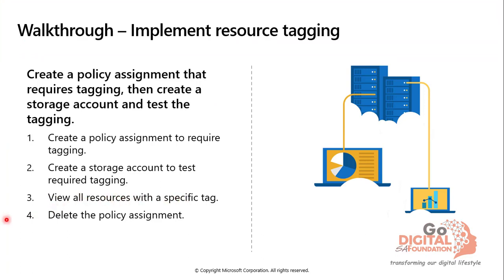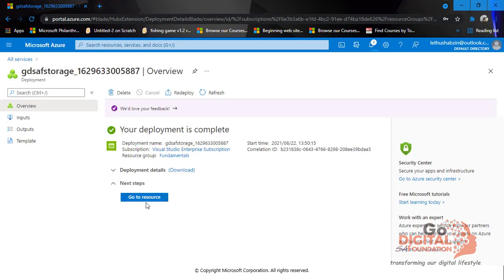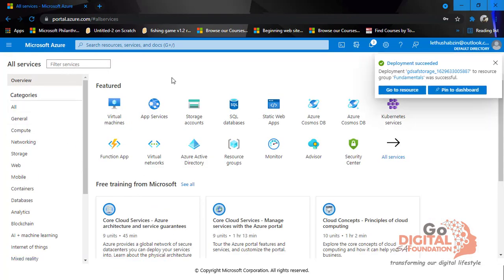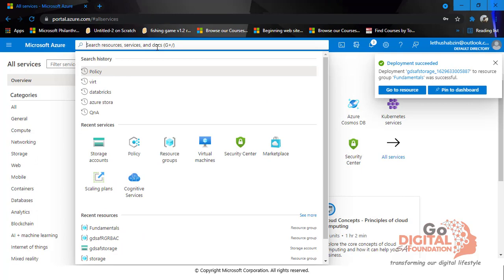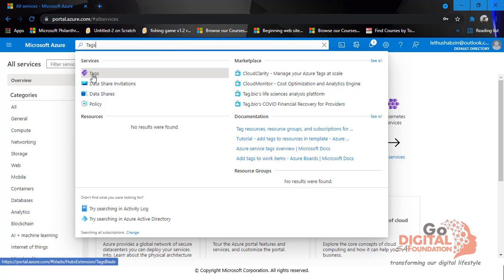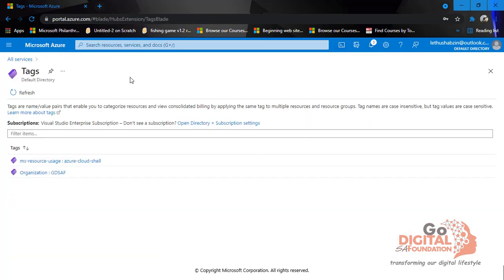So now we're gonna go back to our portal while we wait. Okay, no, so it's done. Let's go back and search for tags, and there is tags right there on the services. And there we have it. We have the tags right here. There's only 2 tags on my subscription, but you can also filter them